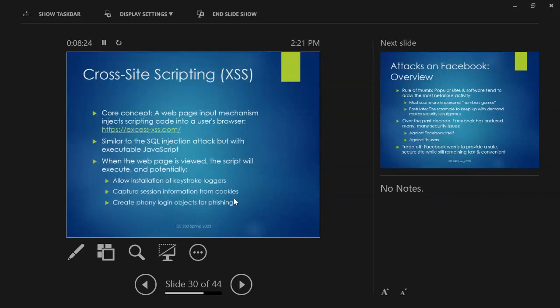Okay. Last one of these attack models, cross-site scripting. There are a bunch of different cross-site scripting attack models. It's an interesting topic. But the basic way to do it is where you put some script code, some active code on a page that was not supposed to be there.